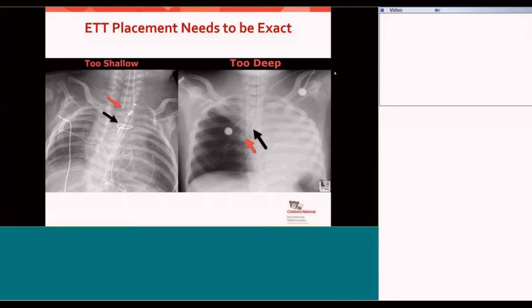We do a brain MRI on these children prior to going to the OR to take a look at the status of the brain in these babies. The problem is that it's hard to monitor the children in the MRI scanner because with the magnet and the radio frequency, the very close monitoring we have in the intensive care unit is not as good as we would like. So when we go down to the MRI, the children are not as well monitored as we'd like for them to be. So this was when we first put up the quality boards,